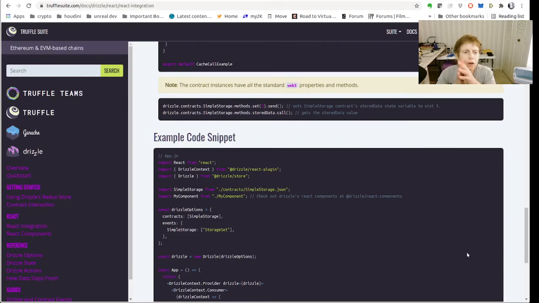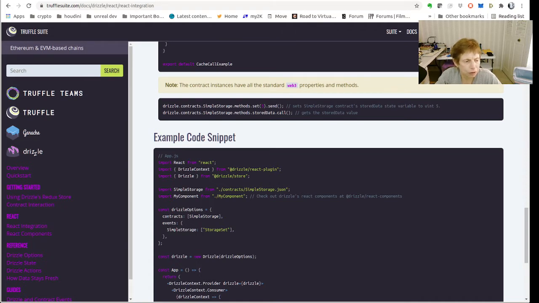Okay, so a few days ago we talked about putting some kind of UI on the contract we were working with earlier, and I started thinking about that. If you recall, we did some stuff with Drizzle. The nice thing also is Drizzle has React integration. They have the Truffle boxes, and we were able to do